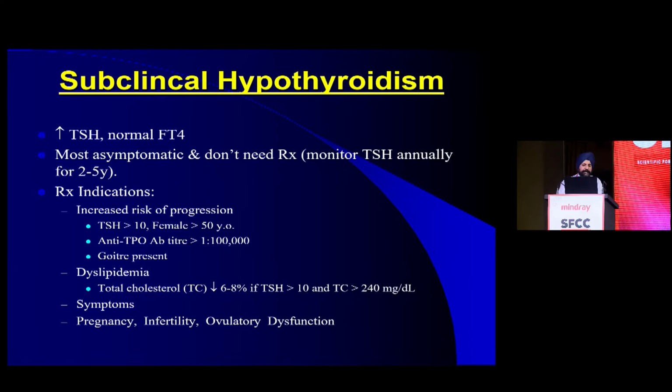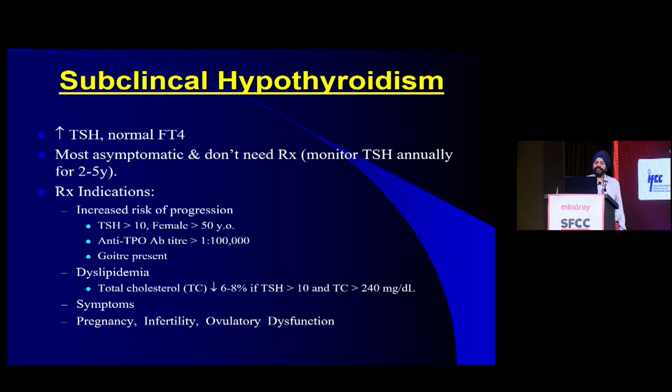Now next is subclinical hypothyroidism. In this case, the TSH is elevated, but the FT4 levels are normal. Most of these patients are asymptomatic and we don't need any treatment for these patients. The only thing that needs to be done is that we need to monitor the TSH levels annually, but many